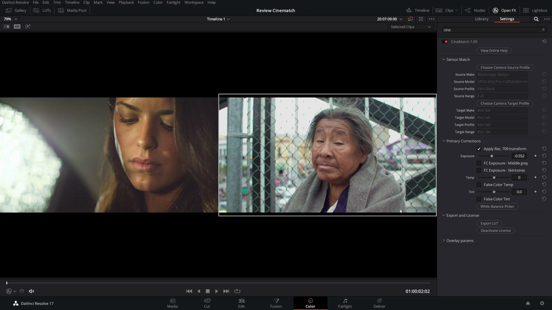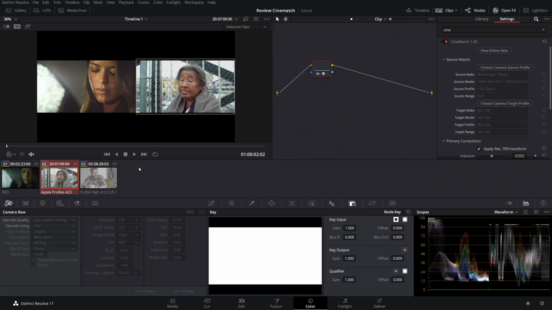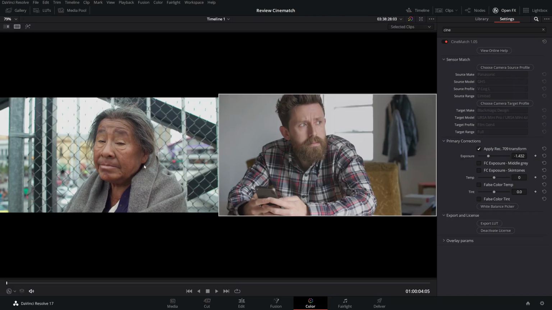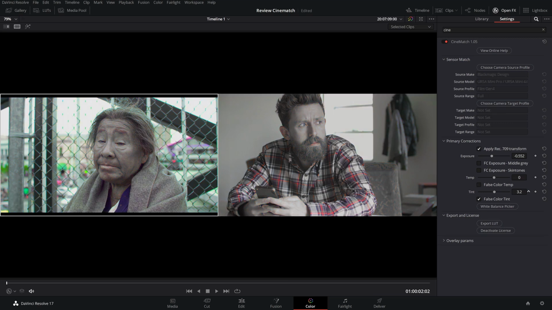Let me see. Oh, looks very, very good. That's so nice. It just happens. And then I'm gonna come here and do the same thing. I'm gonna false color temperature, and the guy needs a little more warm. But remember, his skin is way whiter than hers, so I shouldn't go too much. And then I'm going here. And one more time, maybe a little more magenta here. Oh, not here, here, on him. And I think it's fine.